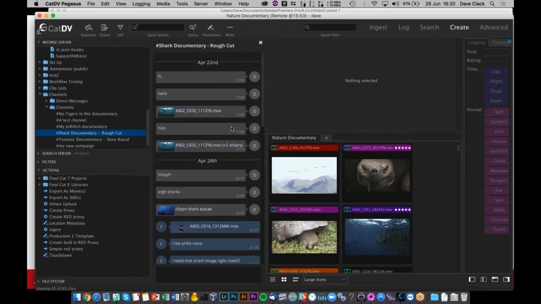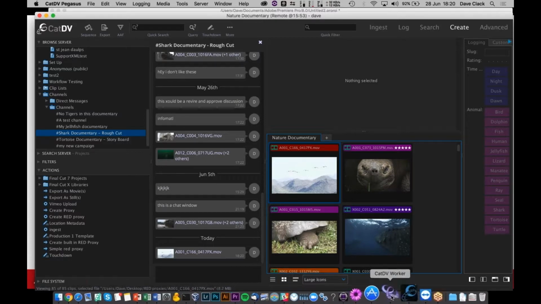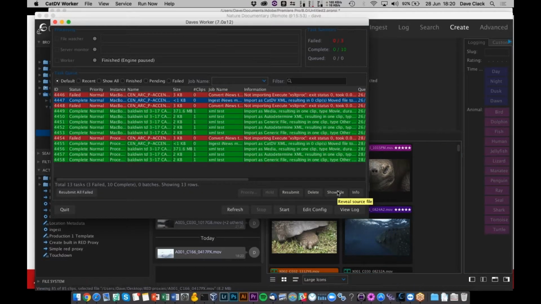And so red tasks are those that have failed, green tasks are those that have succeeded. And then when the worker gets going, it starts to process content. So there's some new content, purple things are happening at the moment, and the worker will just go ahead and process stuff. So I won't make it keep doing that. But those of you that are maybe familiar with CatDV but haven't seen the worker for a while, it's certainly worth taking a look at the new Worker 7, because it has a really cool new